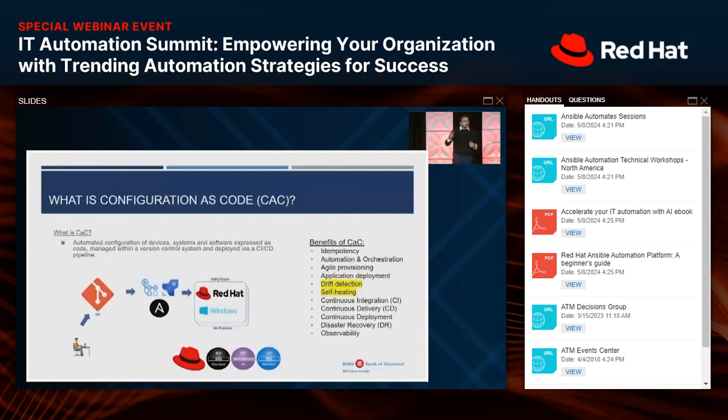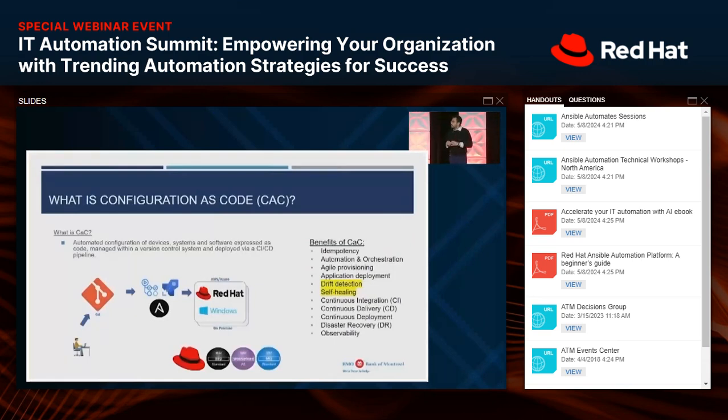Now, two of the big benefits that we will be talking about here, the things that actually laid the foundation for what I'm presenting as auto-remediation, are drift detection and self-healing. So let's talk about what is drift first. For a moment, we'll just stop for a second and talk about the definition.